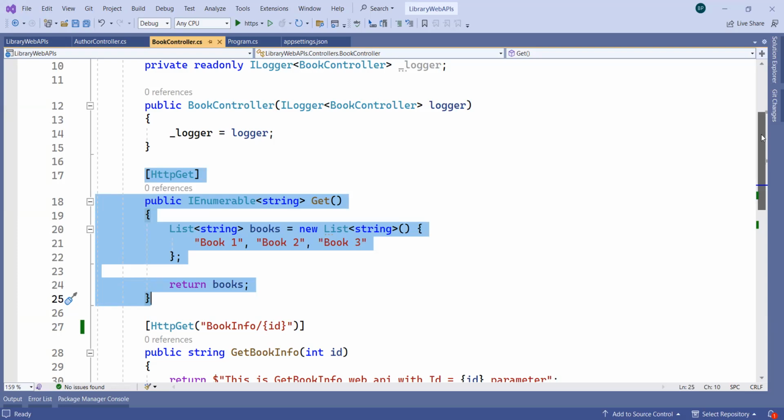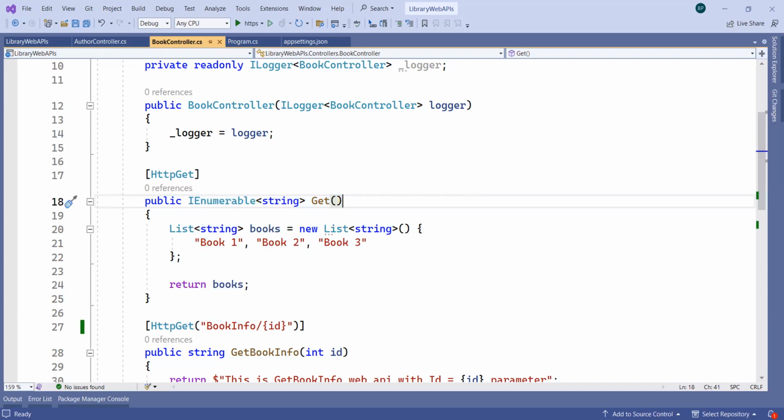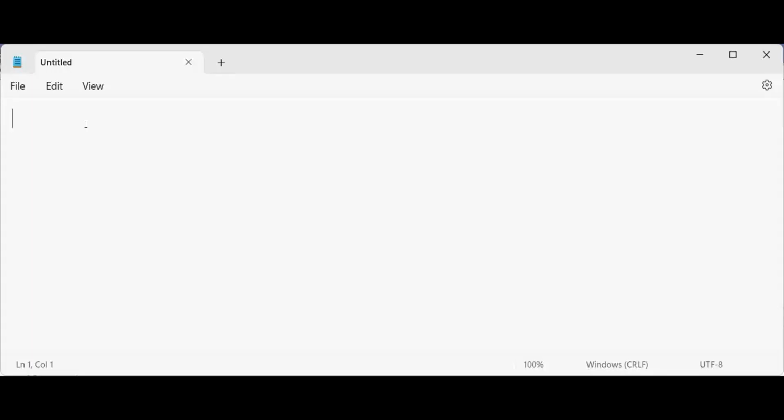Then again, one more advantage is, if you use ADO.NET, ADO.NET is one more framework of .NET which will help you to communicate with the database, but that is manual. Manual means, let's say I have one book table, right? Let me open one notepad. Okay. Let's say I have one book table,